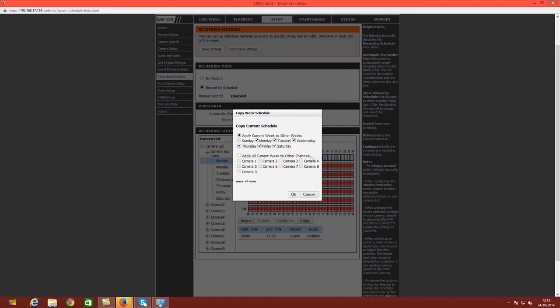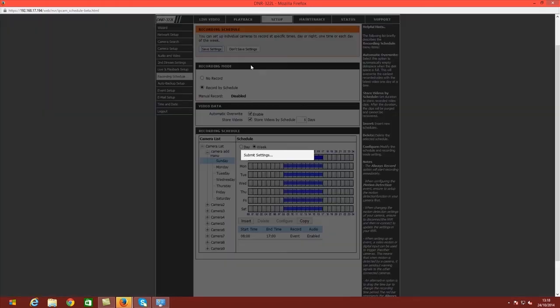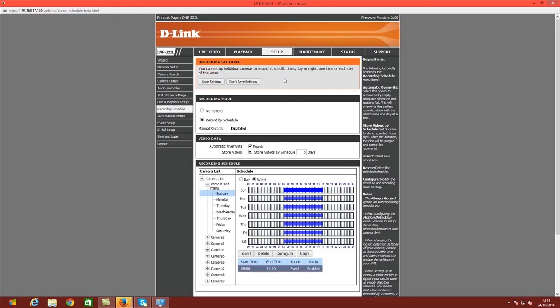to the other days of the week should you wish, and you can also apply it to the other channels, so the other cameras available there as well, so you don't have to set up each one individually, you can actually just copy it over. Click Save Settings, and that's the schedule configured. So in order to actually configure the motion detection,